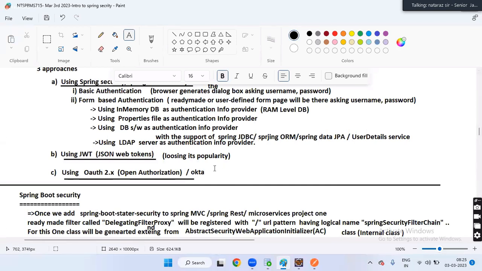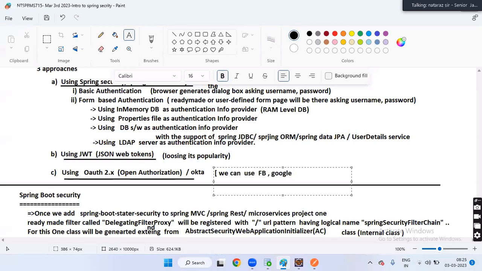Now listen, what's the specialty of this one, you know? We can use Facebook, Google, Twitter logins. Understanding my statement, guys? We are going to learn all the three, but more focus will be on security and OAuth.